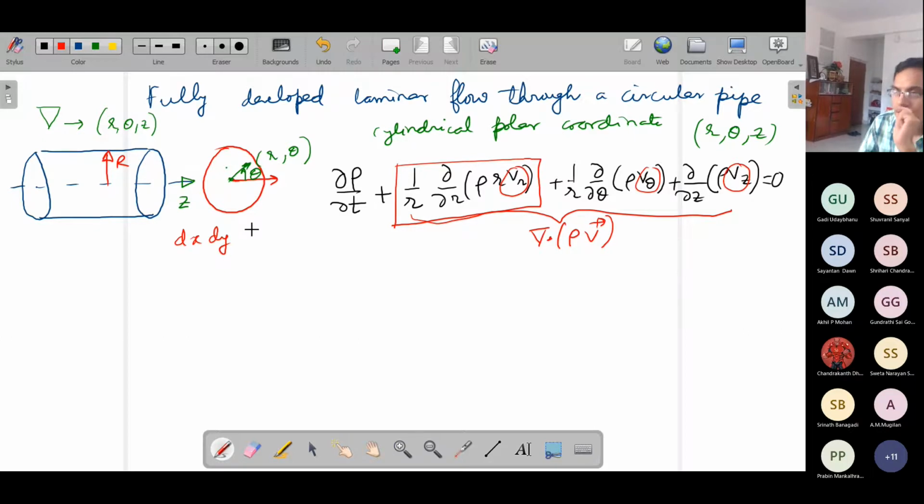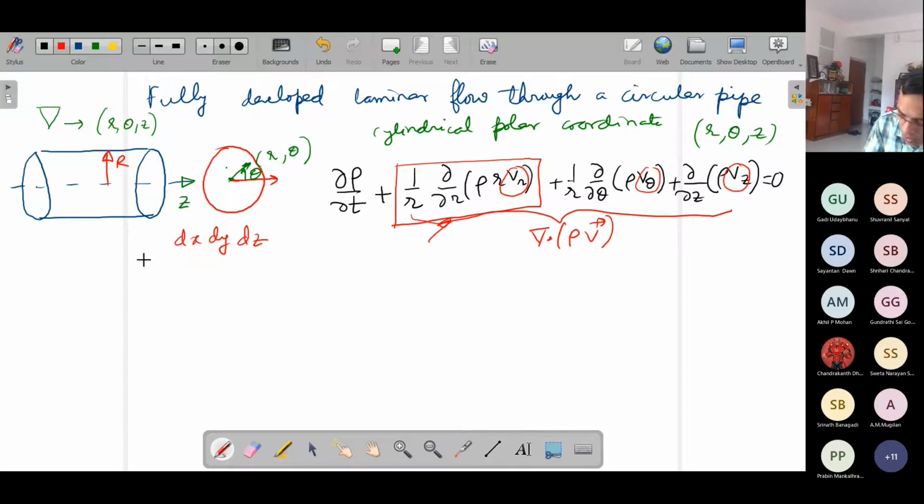If you have z also, so this is the elemental volume. What is the elemental volume for this cylindrical coordinate system? Just forget about the theta, because this term that I am going to explain doesn't depend on theta. So let us say there is no dependence on theta. That is something you have earlier encountered.